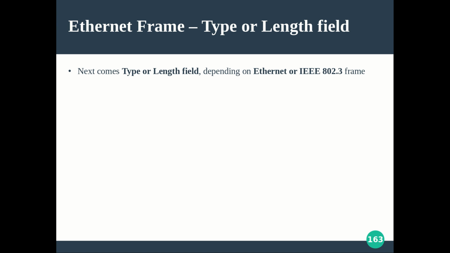So that is about the address, hope it is clear, and the preamble field. Now the next field is the type or the length field. In the DIX standard we are using it as a type field, whereas in IEEE 802.3 it is changed to a length field. Purely Ethernet here means DIX's Ethernet, and in 802.3 it is the length field. So that tells the receiver what to do with the frame. If it is a type, it says what type of information we are having in the frame.